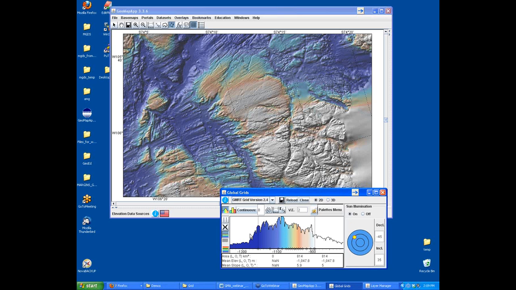In the middle of the window, we see a histogram that shows the distribution of the color palette based on the elevations, in this case, for this particular area. And if we look carefully, we can see two thin gray lines, and by dragging these lines around sideways, we can change the color palette very easily,